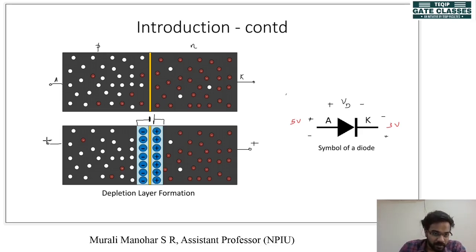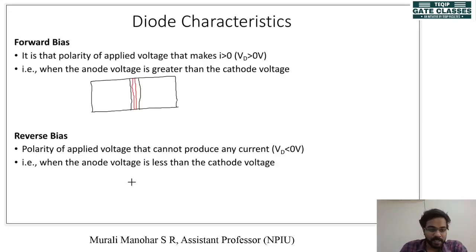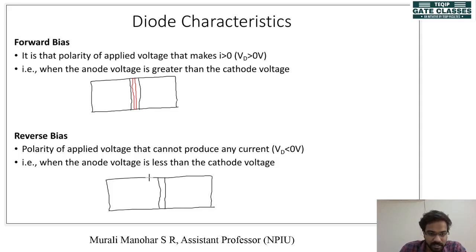So when we give negative potential to the anode or p-type material and positive potential to the cathode or n-type material, what happens is this negative potential will repel these electrons and this positive potential will repel these holes. So they are moved further away from the junction. So what happens to the junction is, this was initially the junction. So when we apply reverse bias, this junction width is increased.